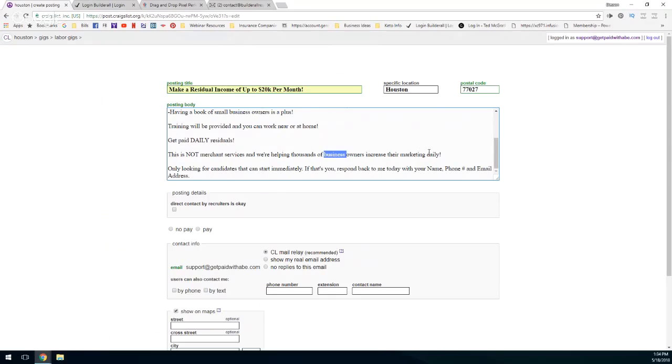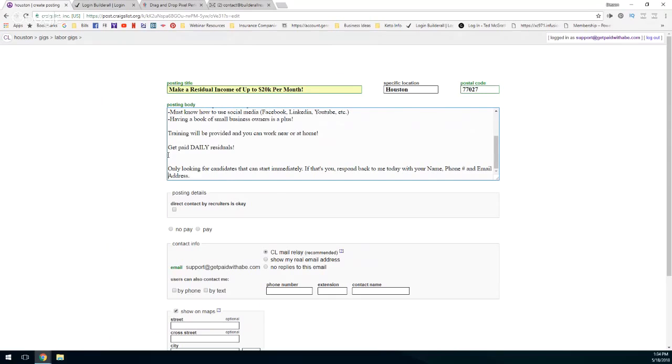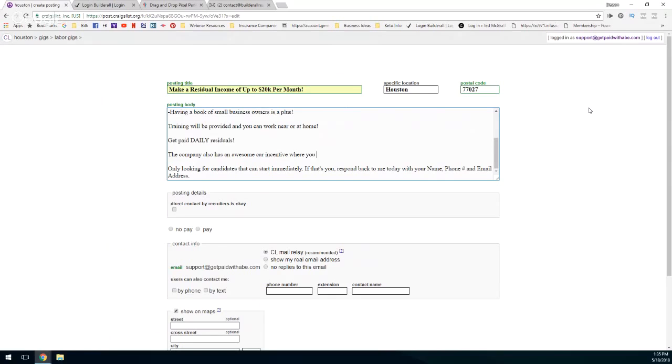And this sentence I'm going to take out because it doesn't make sense for this particular ad. What I'm going to add instead is that the company also has an awesome car incentive where you can choose your car.